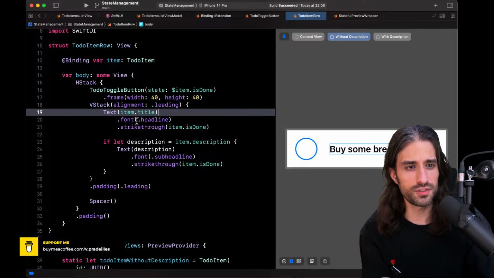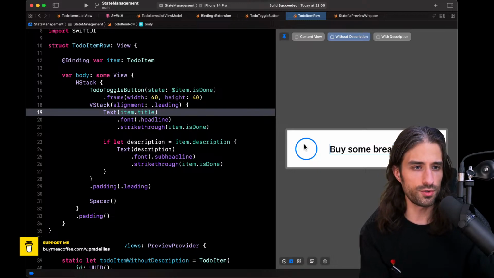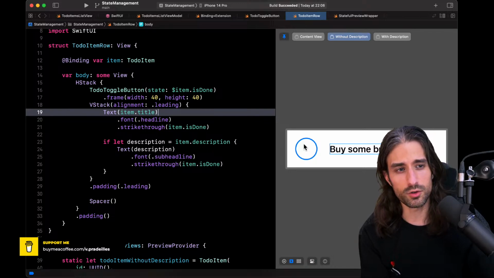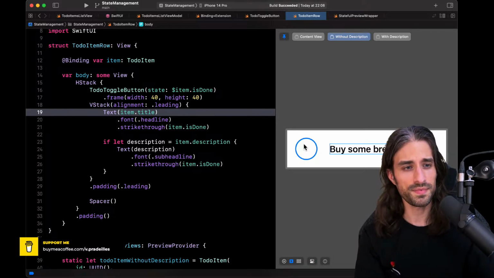And views that don't have an intrinsic size, like shapes, for instance, so the button is a combination of shapes, so it doesn't have one, it will take all the space by default, but then you can make it fit a space by using the modifier frame, which is kind of similar to setting a compression resistance that is less important.